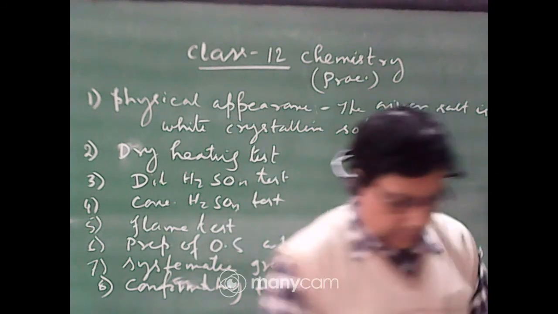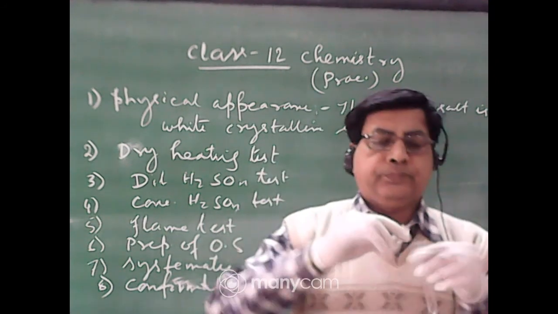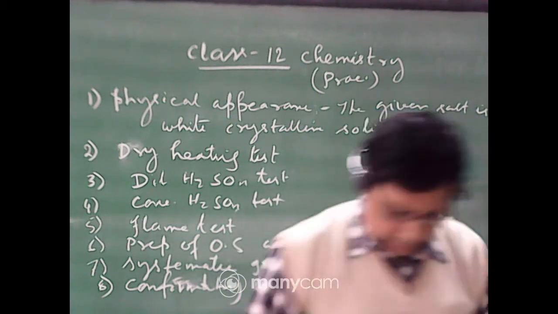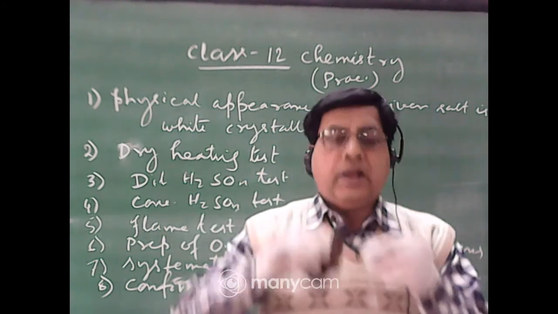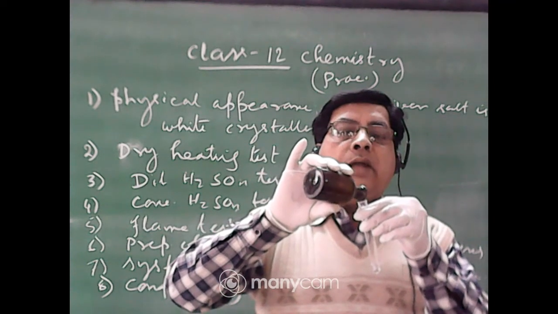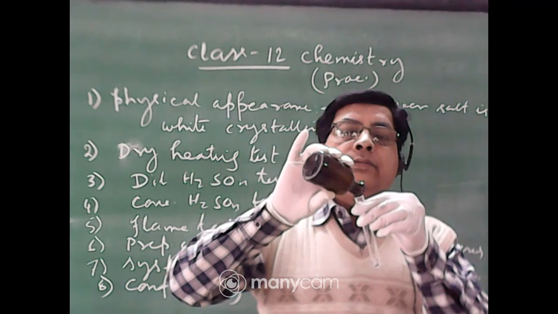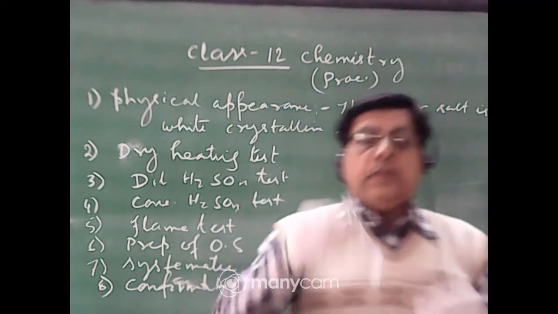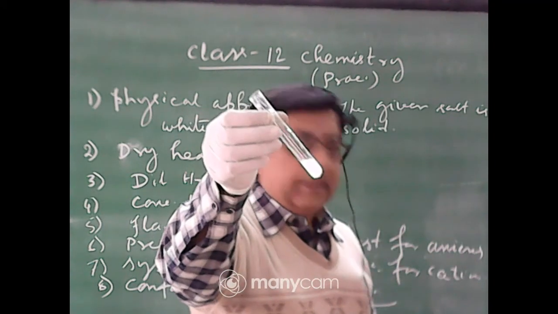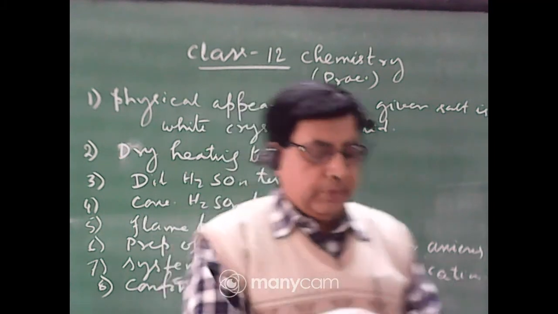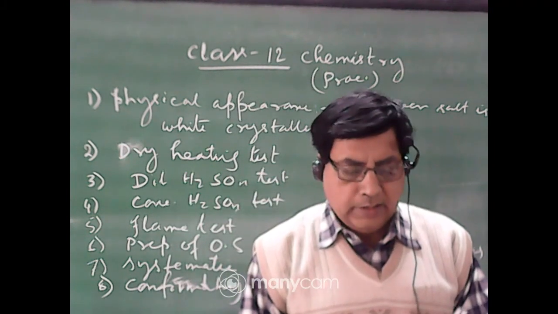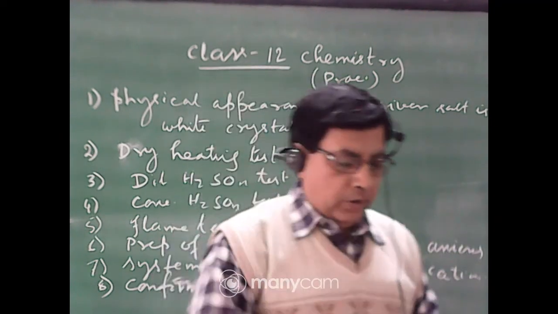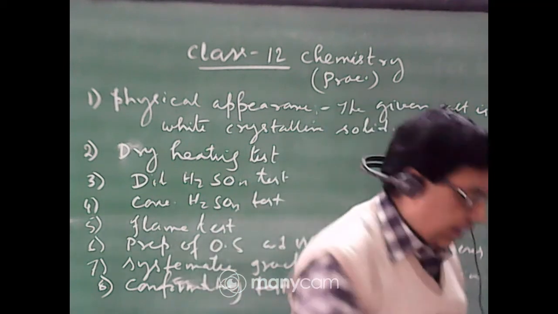Okay. Now you again take the original solution. First you add dilute nitric acid, then you add silver nitrate solution. It seems like a white PPT, but actually it is not a white PPT. There may be contamination in the distilled water. For this, a slight white turbidity appears, but it is not a curdy white PPT. So chloride or bromide are absent.